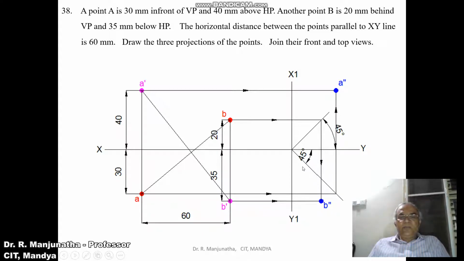So adjacent to this top view, you draw a 45-degree line here. By using the protractor, you measure an angle of 45 degrees with respect to the XY line. Below the XY line, you draw this inclined line. Then you draw a horizontal projector from a to the 45-degree line with a thin line. So this vertical distance of in front of VP is transferred into a horizontal distance here. Then from here, you draw a vertical projector to the side view where it cuts the line from A dash. Both intersect at this point and you mark the point as A double dash.